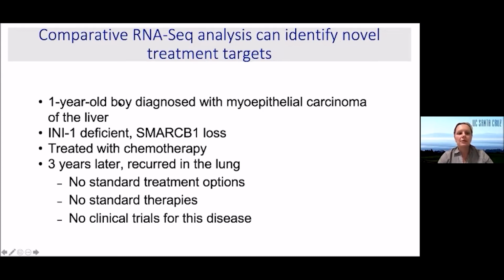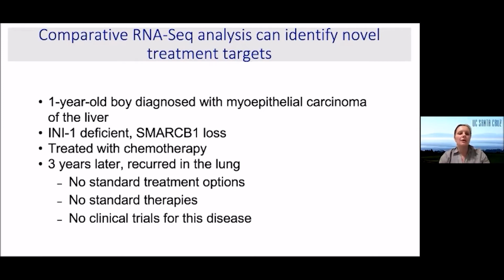So this is also a Stanford patient. This was a 1-year-old boy diagnosed with myoepithelial carcinoma of the liver. This is also a very rare type of pediatric cancer. This tumor was INI1 deficient and showed SMARCB1 loss, which are biomarkers that have been reported in pediatric cancers. So this patient was treated with